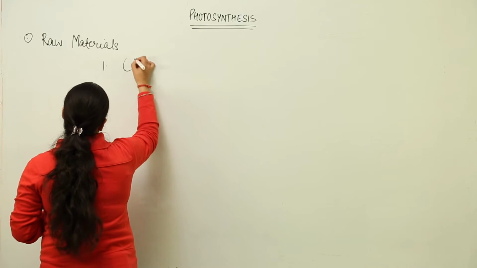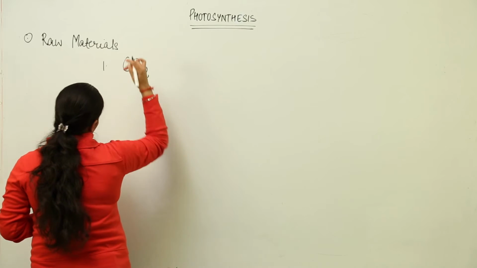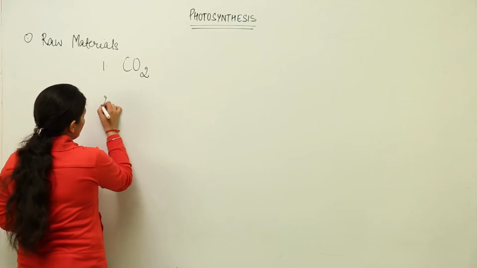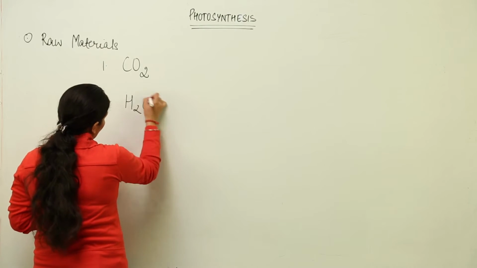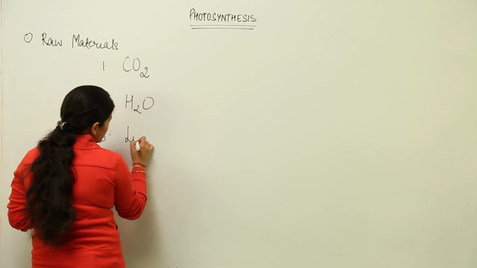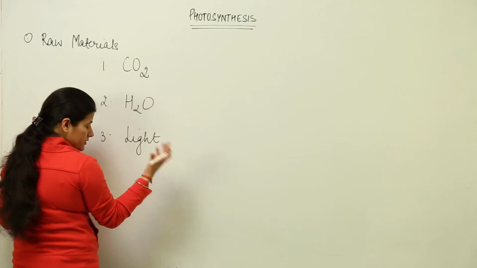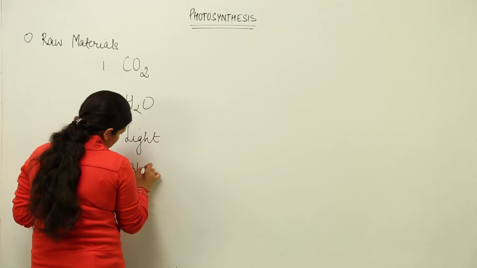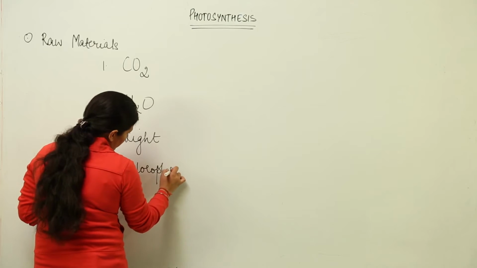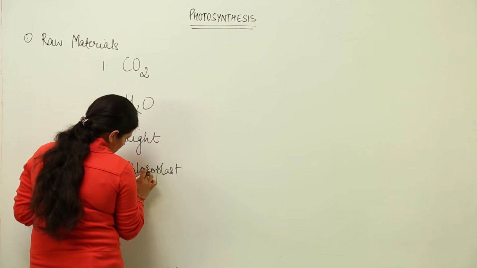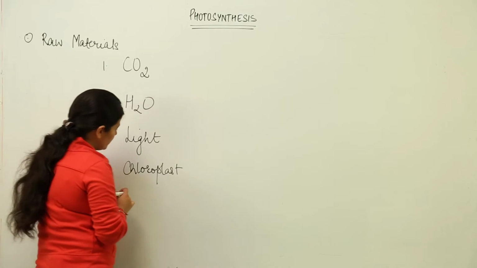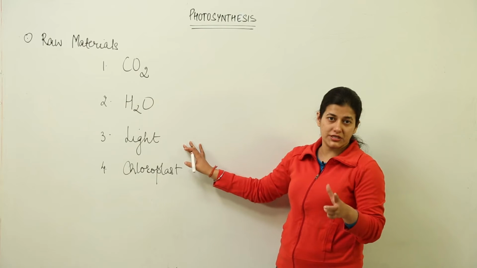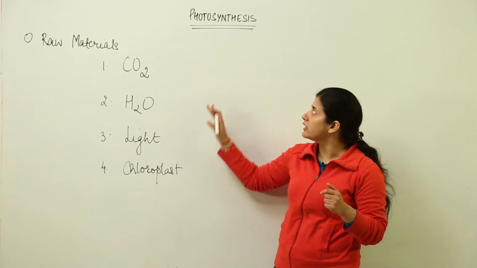First one is of course carbon dioxide that would get reduced to form the glucose molecule. Second one is water. Third one is sunlight, and fourth one is the chloroplast. This chloroplast is a cellular organelle, that is plastids which are exclusively found in the plants. So these are the four raw materials which are going to be required when the photosynthesis has to take place,